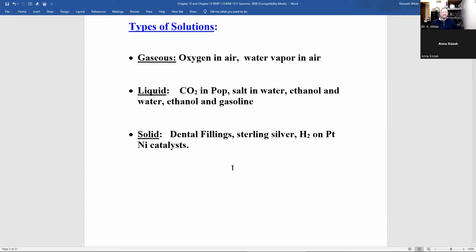Now, we can have different types of solutions. I've already talked about this. Air is a solution. It contains oxygen, nitrogen, and actually, I forgot to mention, it has water vapor. Now, liquid solutions, you can have pop, which I talked about. I did salt water, ethanol and water, and ethanol is in gasoline. Gasoline is a solution. Ethanol is a solute. And where I say ethanol and water,